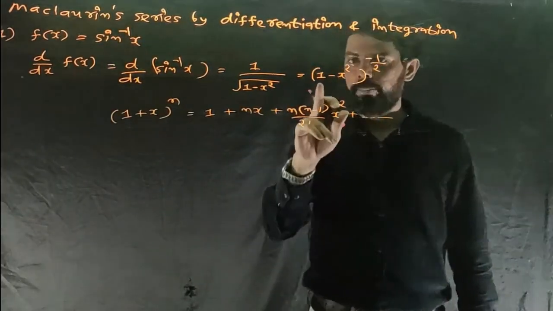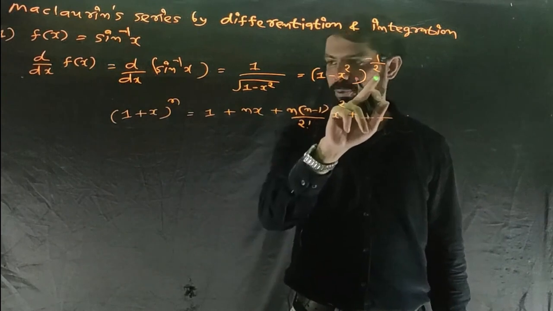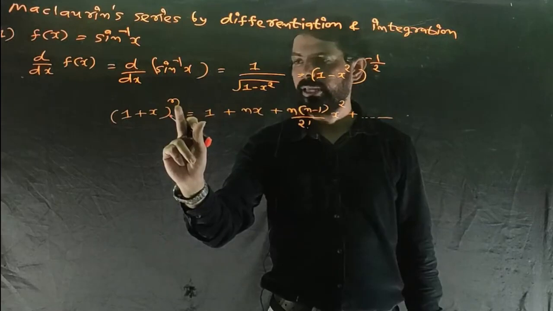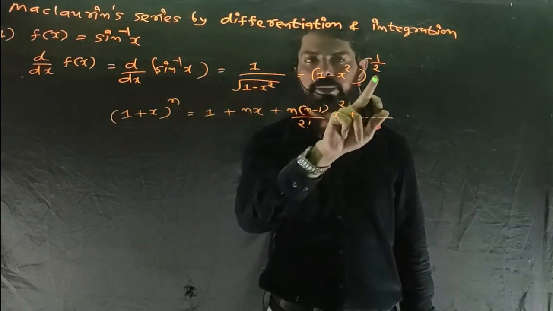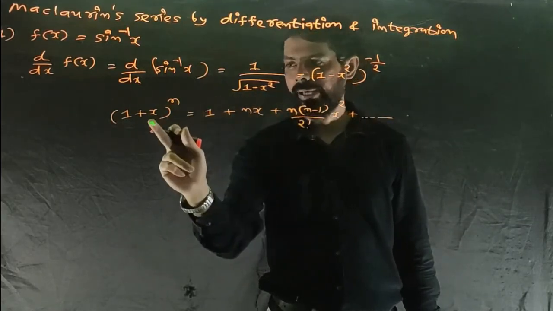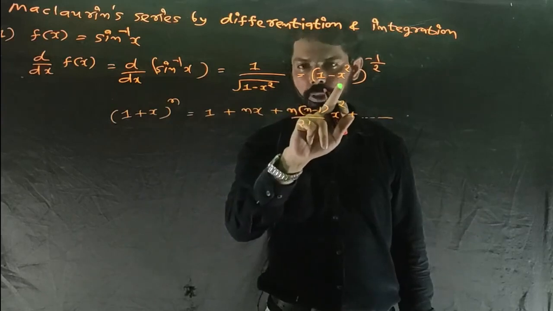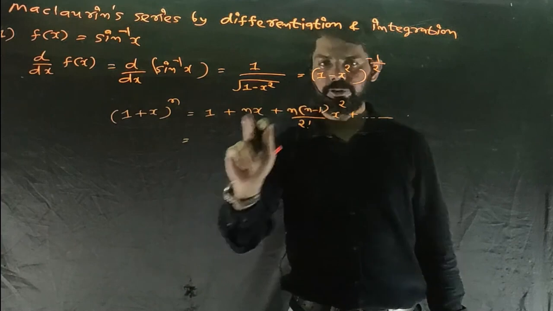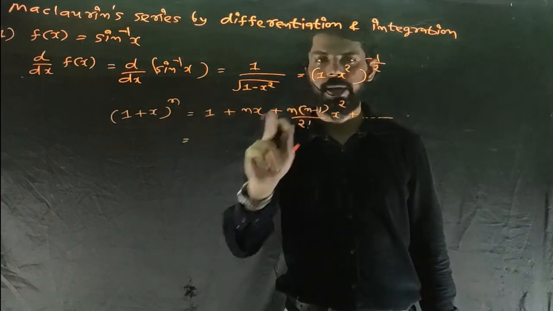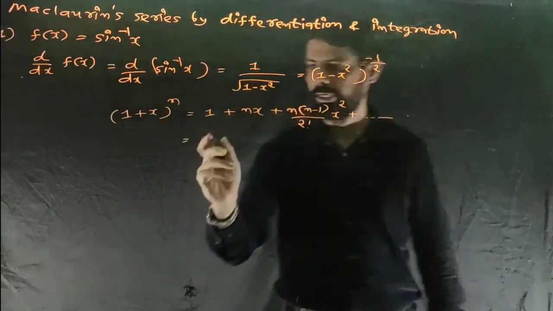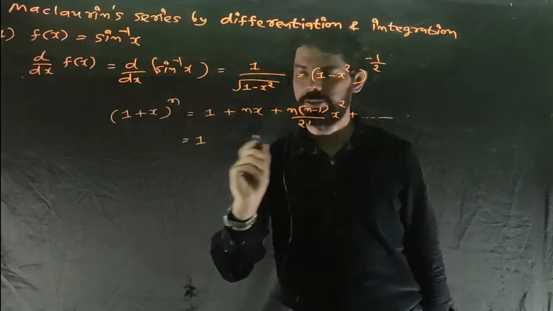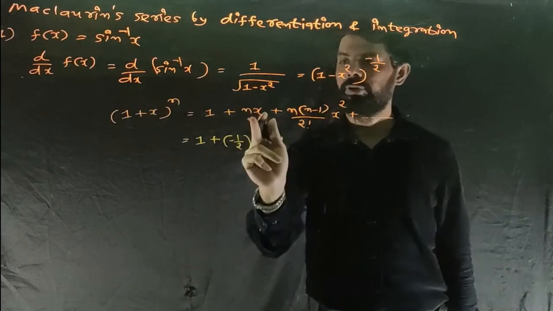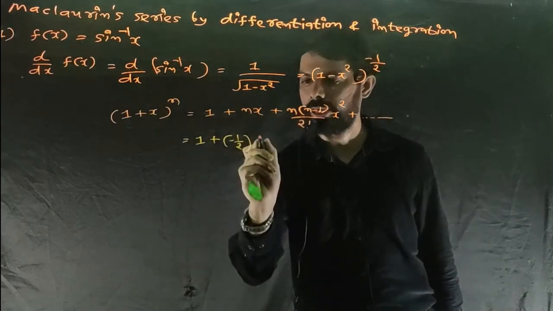Now if we compare 1 minus x square whole raised to minus 1 by 2 with 1 plus x whole raised to n, then the value of n will be minus 1 by 2 and x will be minus x square. So replacing n by minus 1 by 2 and x by minus x square, 1 will be as it is, plus minus 1 by 2, and x is minus x square